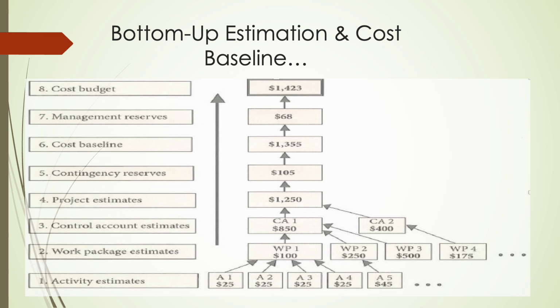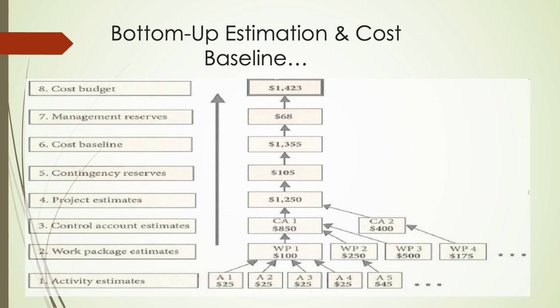This diagram shows the buildup of the project budget step by step. We start at the bottom with activity estimates, the costs of individual activities. These roll up into work package estimates, like work package 1, work package 2, and so on. Work package costs are then aggregated into control accounts, CA1 and CA2 in this example, giving us a structured view of spending. From there, we add up all control account estimates to form the project estimate of